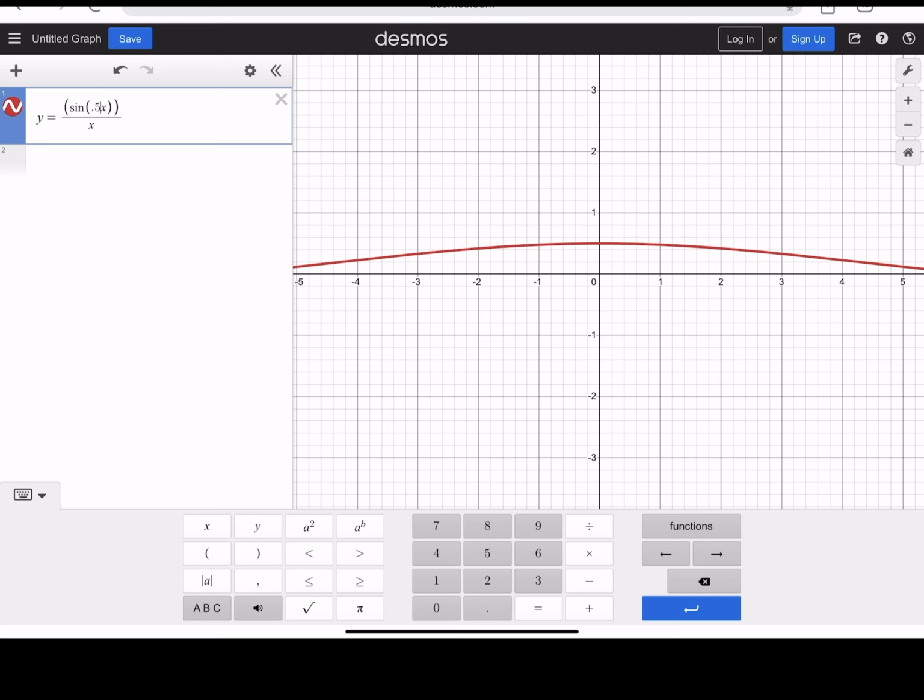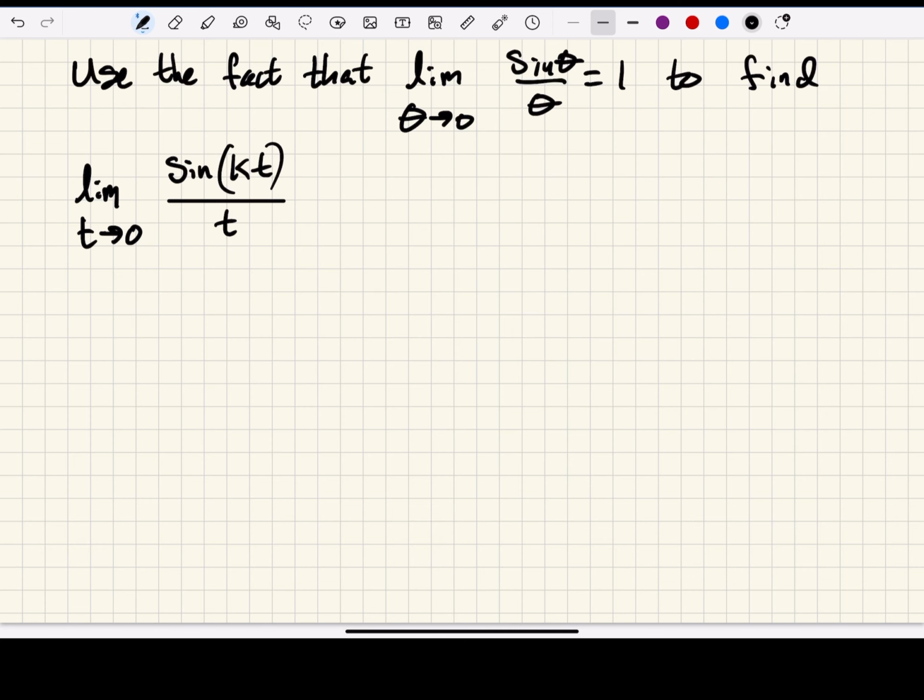So now looking at this limit, we see that the coefficient on t is k. So we have a suspicion that this limit is going to be equal to k. Let's see if we can show it. If we were to multiply the top and the bottom of this by k, which we can do because k represents some constant, so we're really just multiplying by 1, we could rewrite this